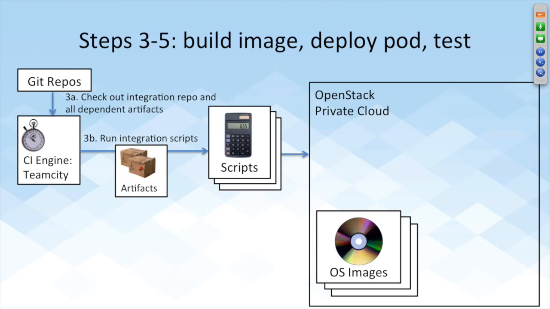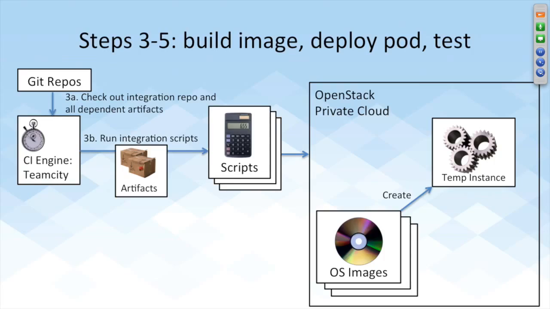Okay, so the first step in creating the cloud image is to create a temporary instance. An instance is a virtual machine. And we take advantage of OpenStack's image catalog to store some standard operating system images, such as CentOS or Ubuntu. In our case, we use CentOS as the base operating system for our product. So we create an instance from that image, which is at this point pretty bare, right? It's just the operating system. What we do next is we